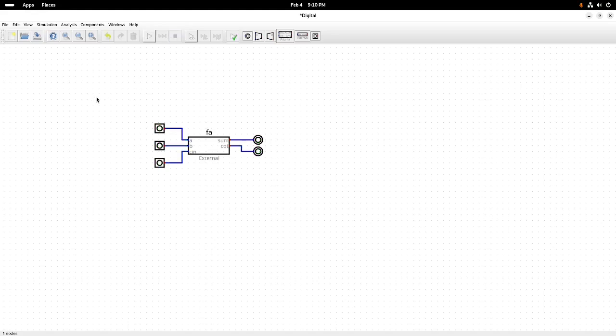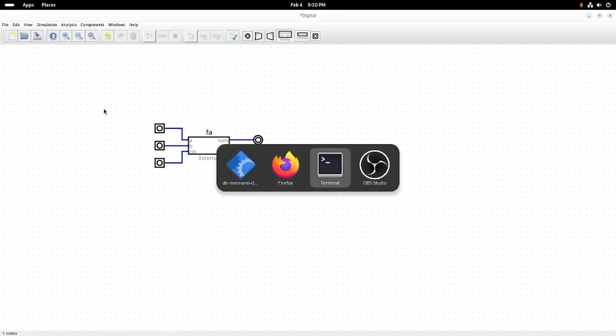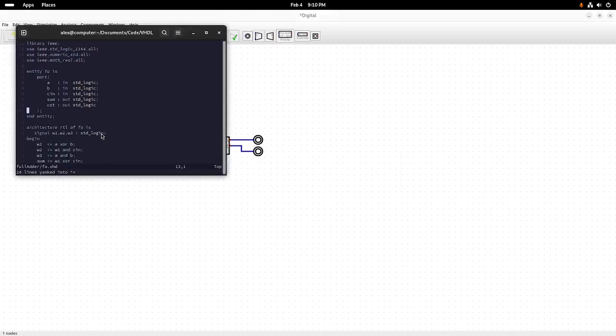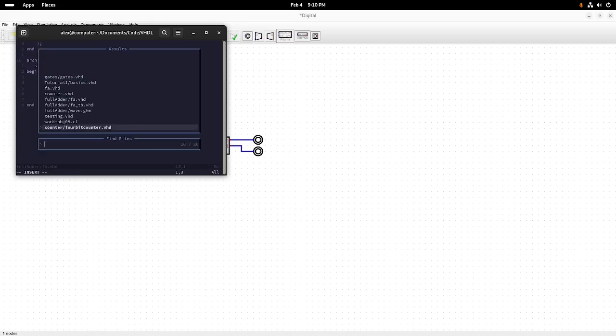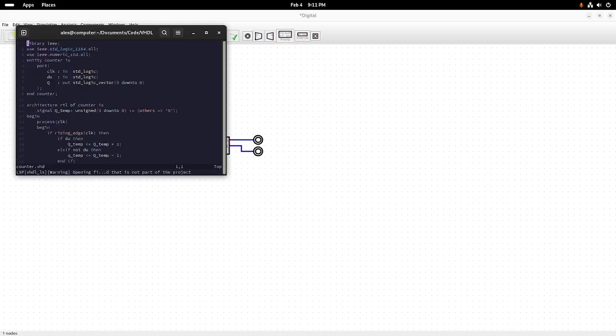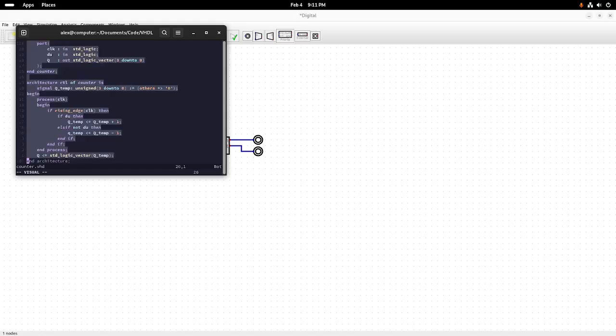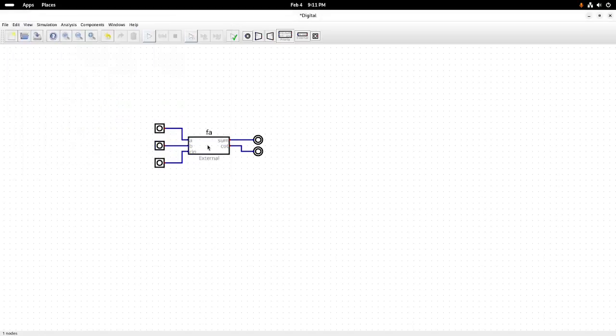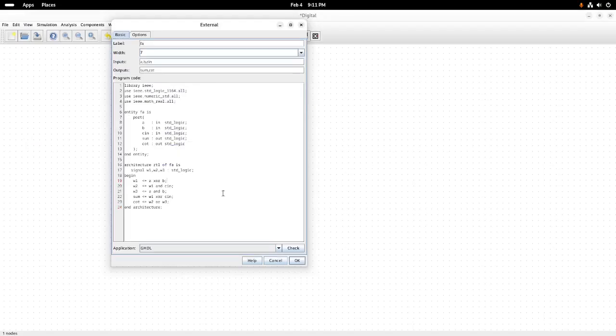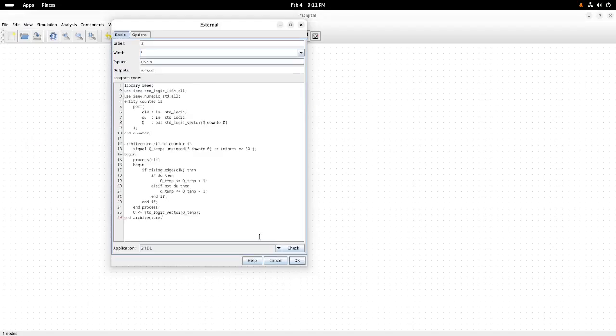Alright, that's basically it for the VHDL. You can type insanely complicated code. Let's see. Let's go up. Counter. Let's get this guy. Copy. So,